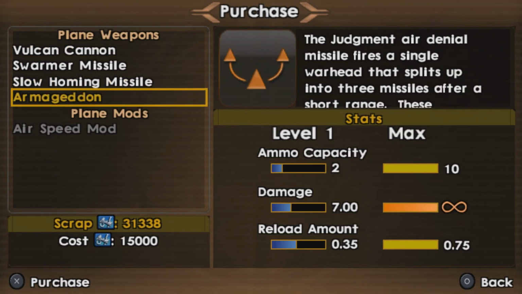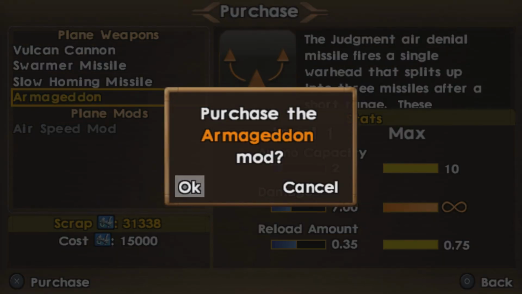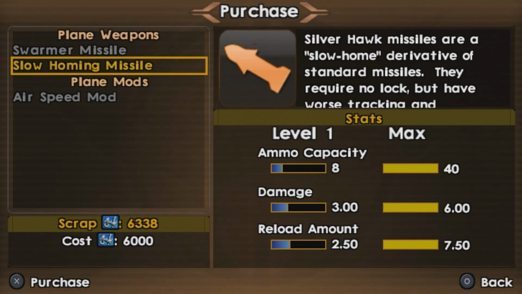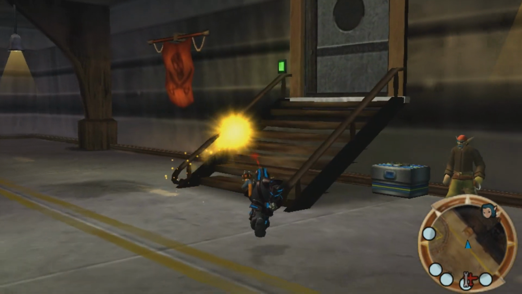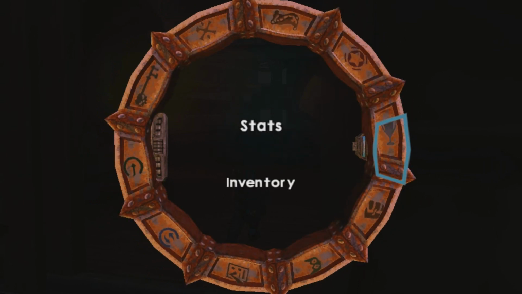First of all, let me go ahead and buy some shit. I'm gonna go ahead and buy the Armageddon. I'm gonna go ahead and buy the Vulcan Cannon. And I'm gonna go ahead and buy the Slow Homing Missile. Okay, so... with that out of the way, I will go ahead forward, in which, believe it or not, we're